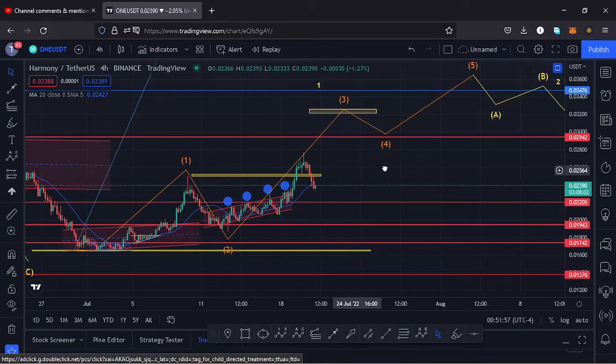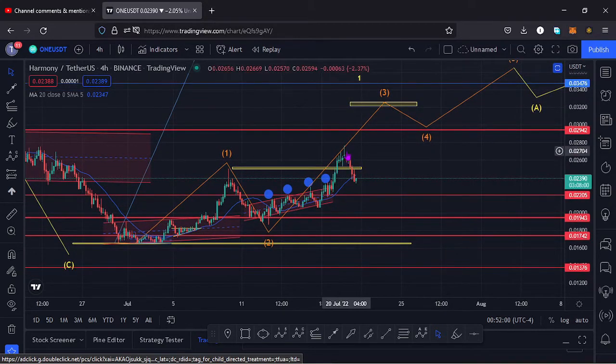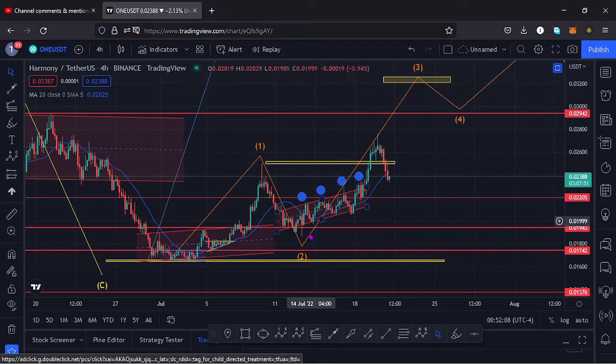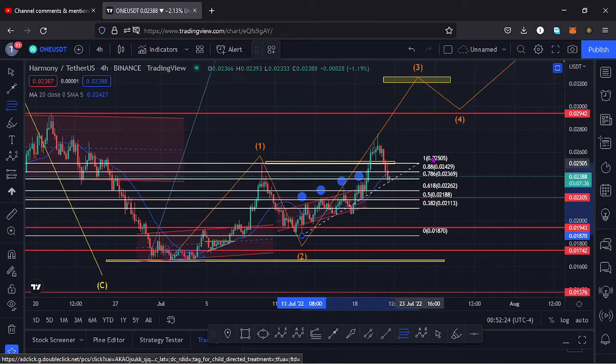To get into the key scenarios that I expect to play out here on this chart, in this formation of this wave 3, now that you have lost this key area of support at around the $0.025 mark and you have continued to break to the lower side, I believe in this movement to the upper side in this wave 3, we are seeing a little bit of a retracement over here. And if I use the Fibonacci's to get some target areas, if we continue breaking to the lower side in that retracement,